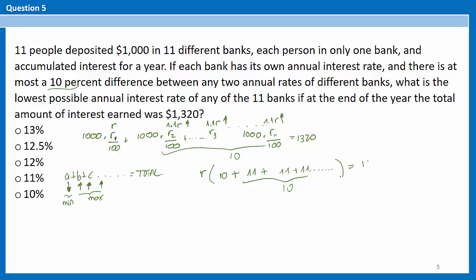And this is 1,320. So this would be 110 plus 10, which is 120, times R equals 1,320. You can simplify the 0. 132 is 12 times 11, and simplifying the 12, R is going to be 11, and that is letter